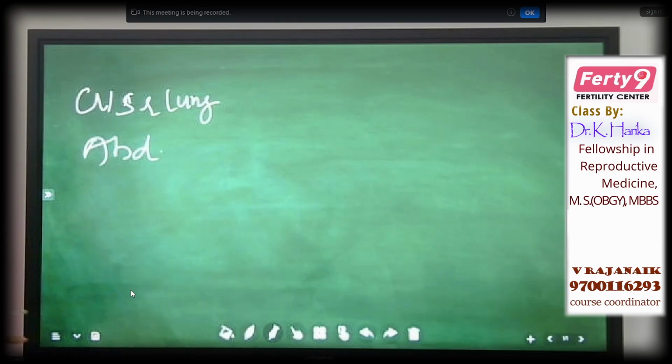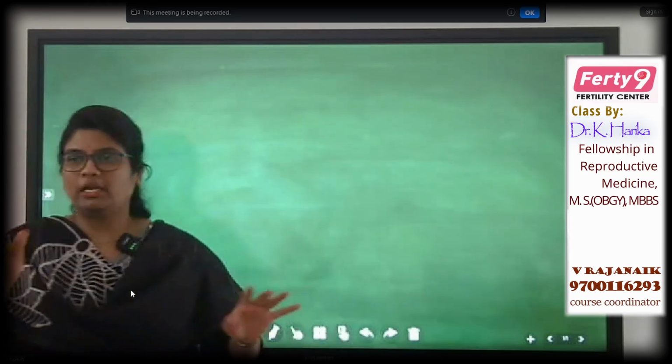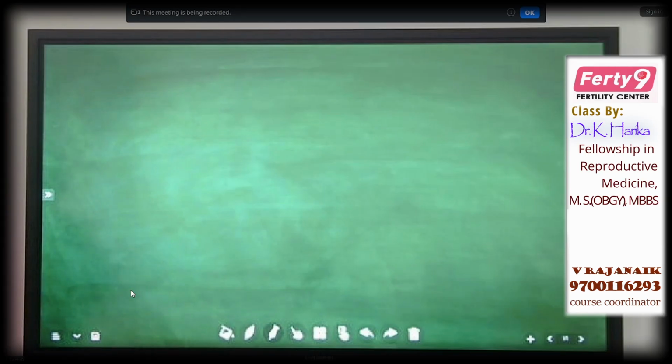This is regarding the normal basic examination. Height, weight, BMI you have to make out, because in a few males, on noting that he is an obese male, there will be androgen deficiency, so testosterone will be less. If you ask them to control their weight and he reaches his target BMI, automatically the androgen production increases, the testosterone production increases, and it will increase the sperm count and everything. So by making a few lifestyle modifications we can correct it, because giving so many medications also doesn't correct the infertility problem.